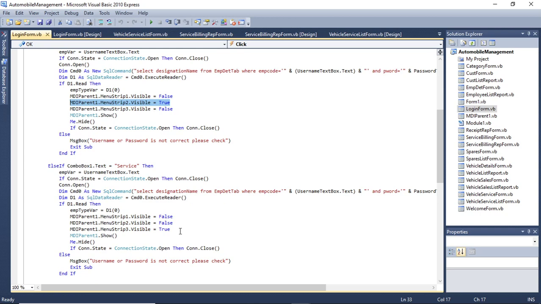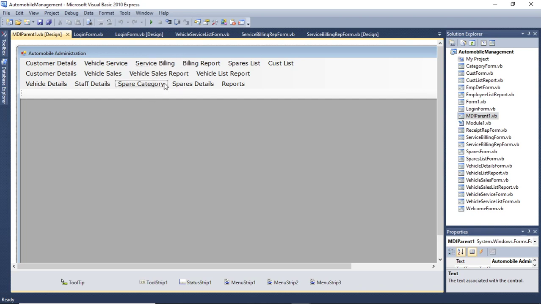If service, menu strip 3 is visible, equal to true. Why is it so? Because you can see that all three menus are provided at design time, but when you're running, based on who logs in, it only shows one of them. If the admin logs in, it shows the first one. If the sales person logs in, they get the second one. And if the service person logs in, it shows the third one. That's how it should work.